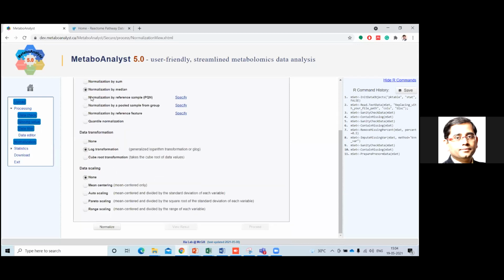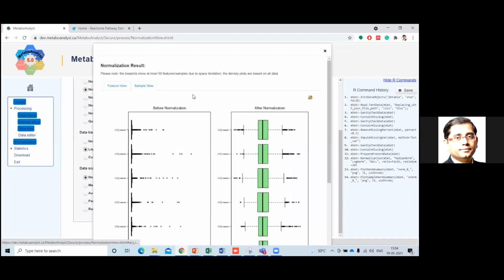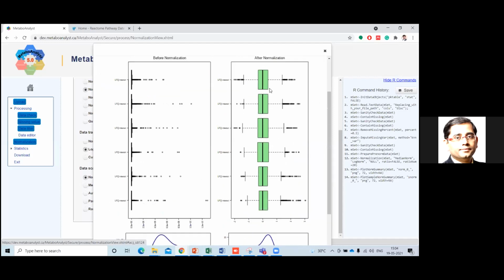So I will request all of you to select normalization by median and log transformation, click normalize, view result, and come to sample view. Now see, these are each sample. These 3 are tumor, these 3 are control, and now it is showing the same central tendency throughout. That means if one protein is present anywhere in this box plot, we can compare this protein of one sample with the other sample, or one sample group with the other sample group, without any technical variability. So this part is very important, and not at all difficult to understand.